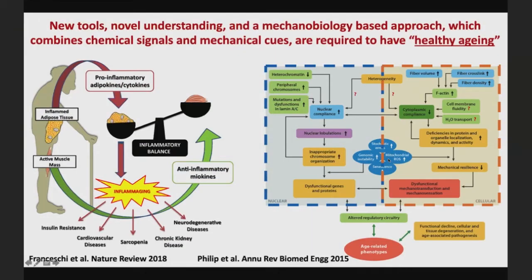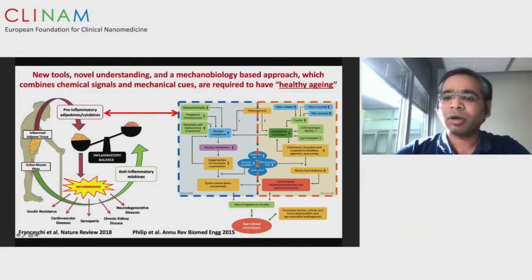And the mechanobiology community has now started to look at what the critical mechanosensitive elements are on the cytoplasmic side, like actin, and on the nucleoplasmic side, like lamin and chromosome organization, and how these two compartments and their mechanosensitive components change as we age. But what we still need to establish is a functional and regulatory correlation between inflammation, aging, and mechanobiology. Our aim is to see if we can target these very specific mechanosensitive components in the cells in order to reduce inflammation and improve what I call healthy aging.